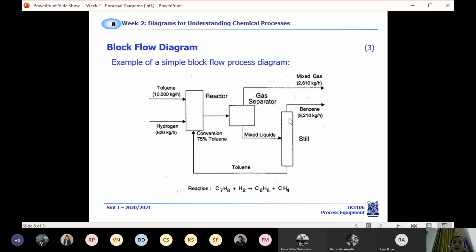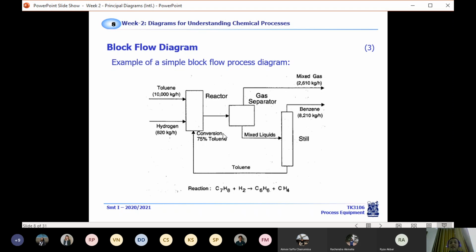Only that. And also this distillation, we don't know whether it will be a tray distillation or a packed system distillation. We don't know about that. We just put the blocks: a distillation that separates the product and then recycles the remaining toluene. So we have very limited information in technical terms.